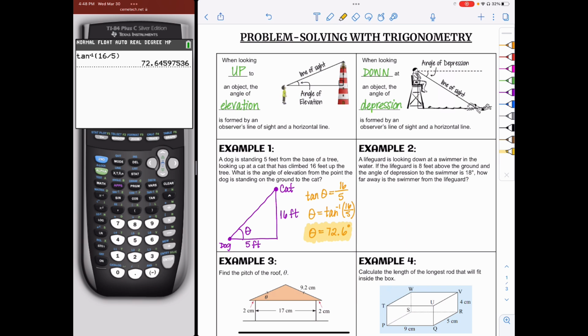Example number 2, it says, a lifeguard is looking down at a swimmer. Okay, so if we draw it, we're going to have a lifeguard here, so I'm going to call it LG. The lifeguard looking straight ahead will have a line of sight like this, but it's looking down at a swimmer, so like this. So here's our swimmer. And then it says, if the lifeguard is 8 feet above the ground, so that means the lifeguard is 8 feet above the ground,